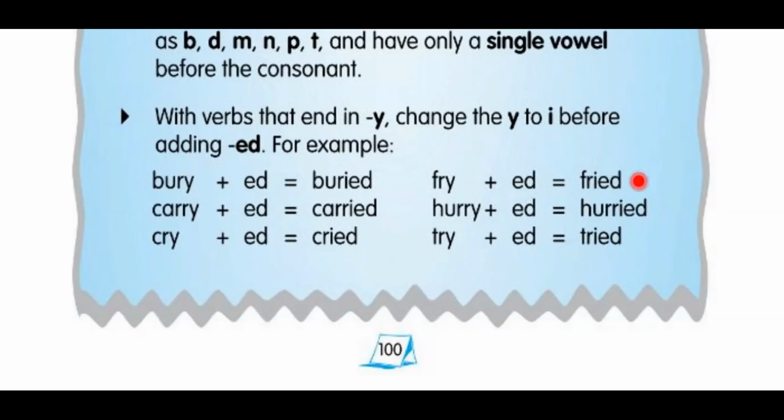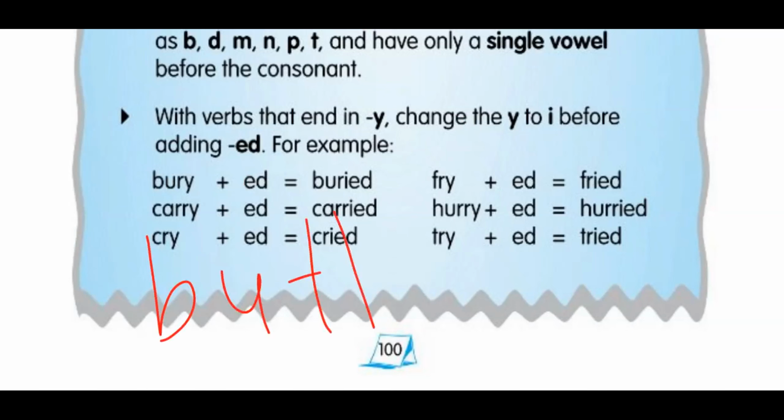Okay, what have we done here? हमने y को रिमूव किया और I से चेंज किया, राइट? I से बदल दिया, राइट? And then we added ed. ओके, सो हैव यू अंडरस्टूड दिस रूल? ये रूल हमने और कहाँ पढ़ा था? These two rules we have seen already in plural nouns, right? Do you remember? Plural nouns में हमने क्या पढ़ा था?